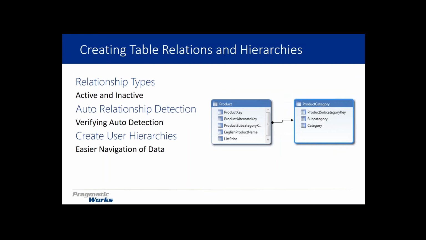We want to create relationships, so we need to tell Power Pivot how the data is related. It doesn't know that these 2 data sets are related on the state level, or on that state column. We have to tell it how to do that. And ultimately, we want to be able to create hierarchies as well. Right now, I've only got state data. If I had product, category, and product subcategory, we could create user hierarchies out of that too.